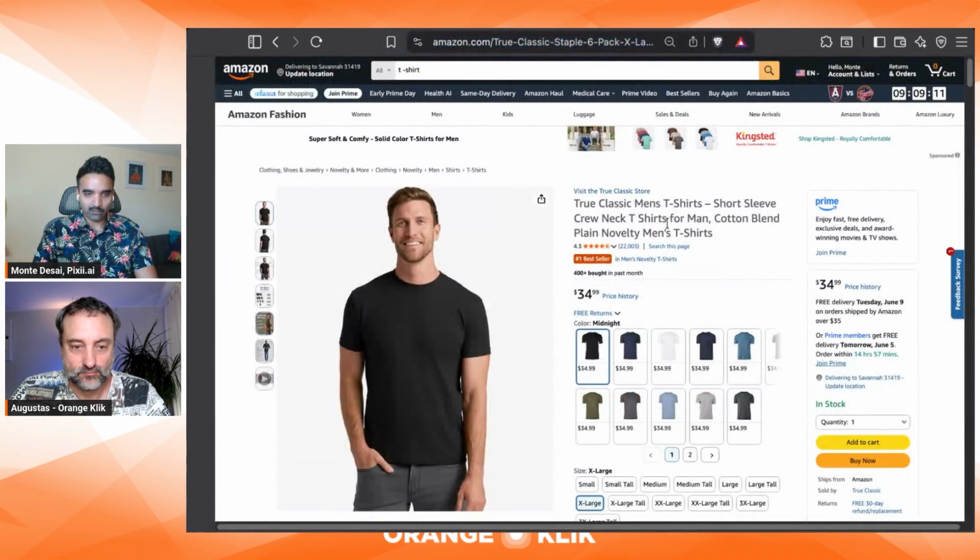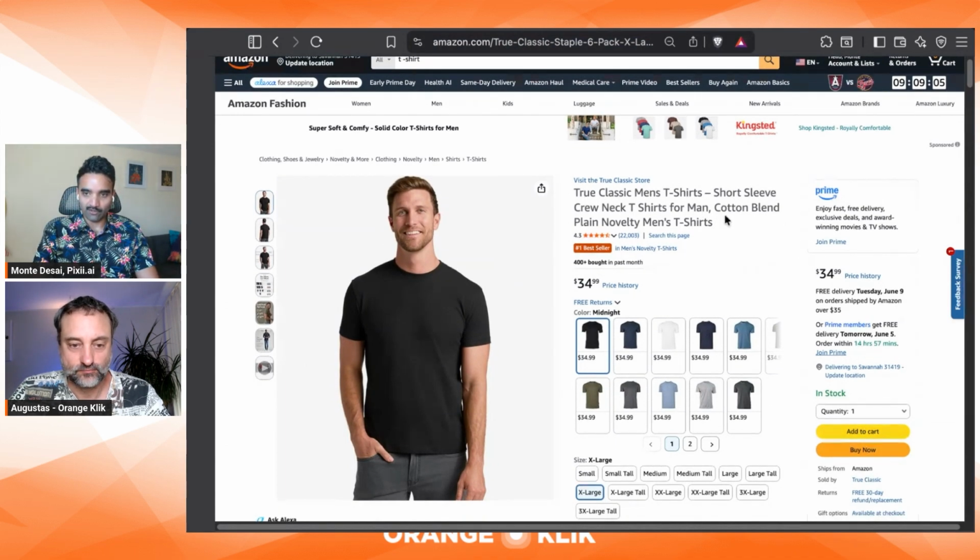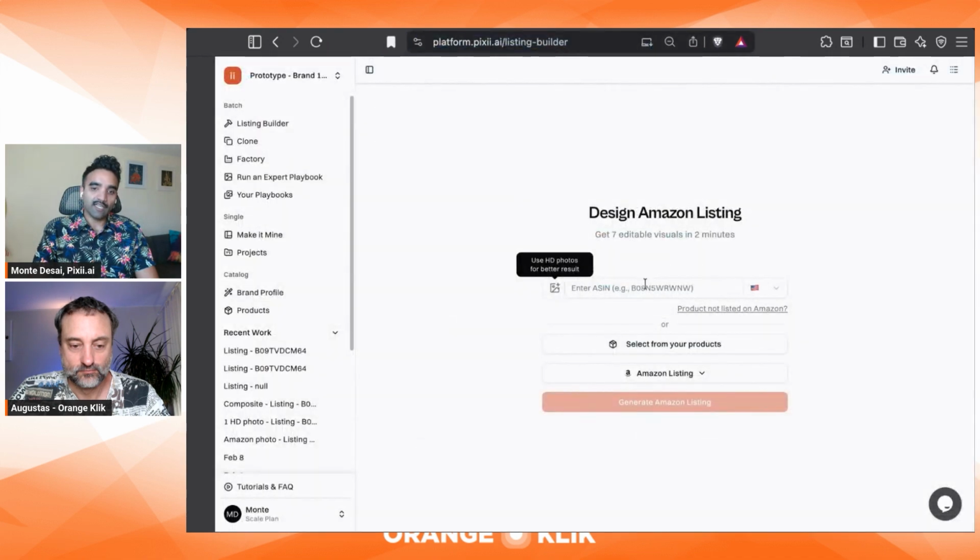So why don't we work on some t-shirts? Again, there's a lot of variants here, and it's always a pain to do all the variants for all the colors. So how does Pixii work? Well, super simple. You just grab the ASIN or the listing URL, you paste it in,